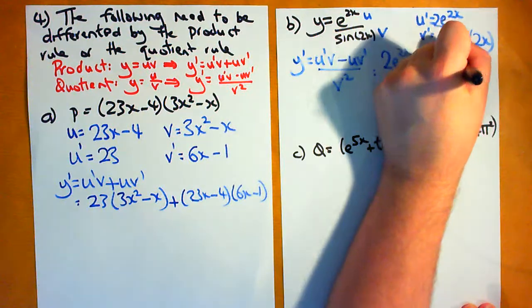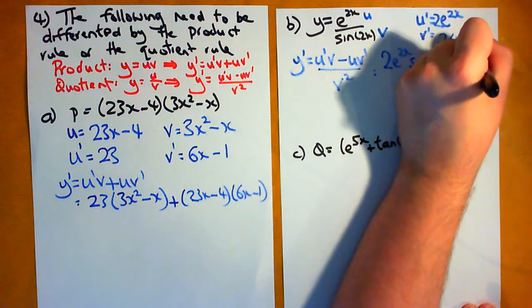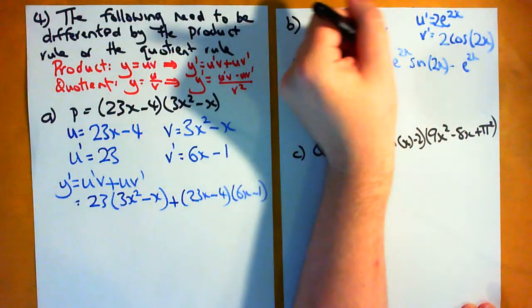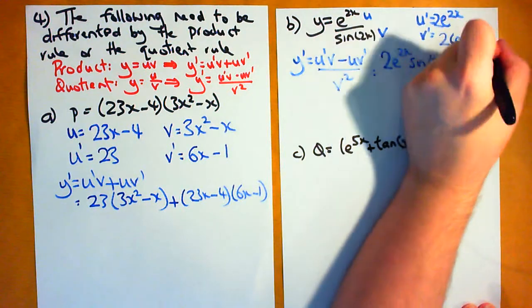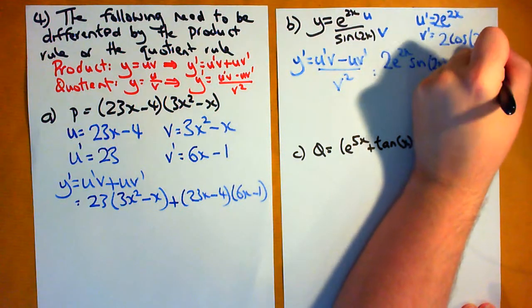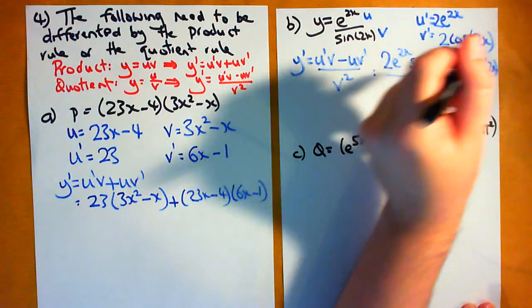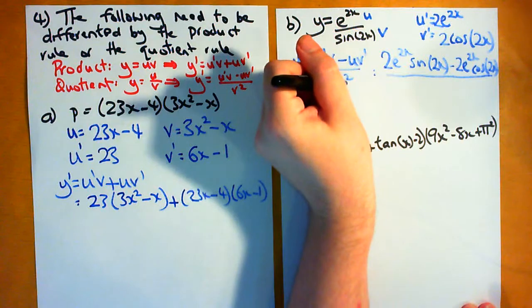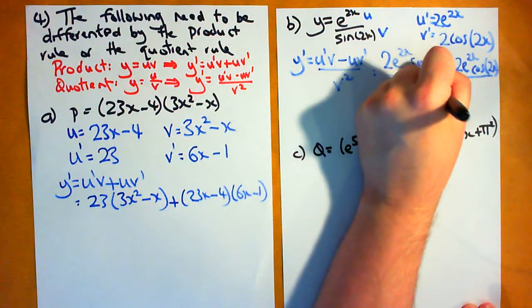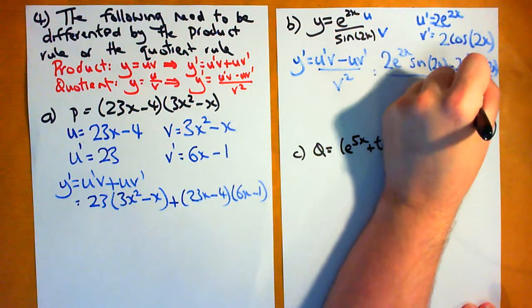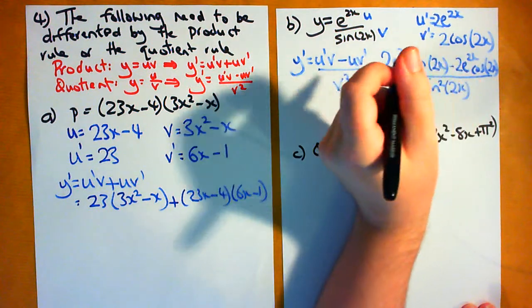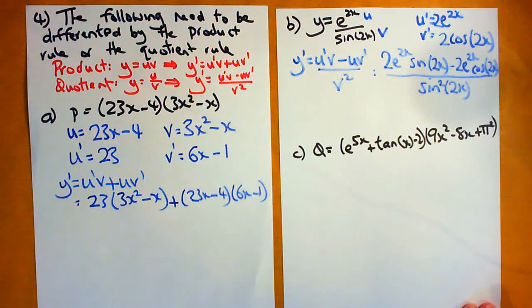Then we've got minus u, which is e to the 2x, multiplied by v dash, which is 2 times cosine of 2x, and that whole thing is divided by v squared, which is sine of 2x, squared. So we get 2e to the 2x sine 2x minus 2e to the 2x cos 2x